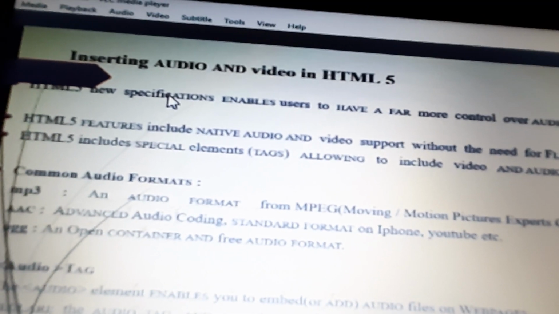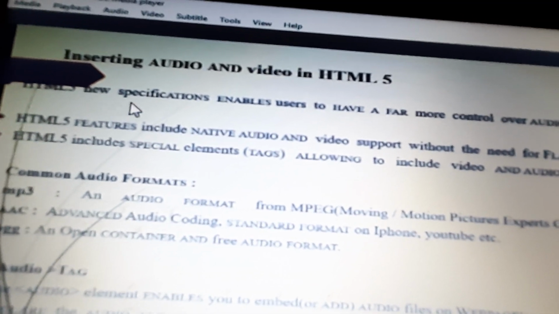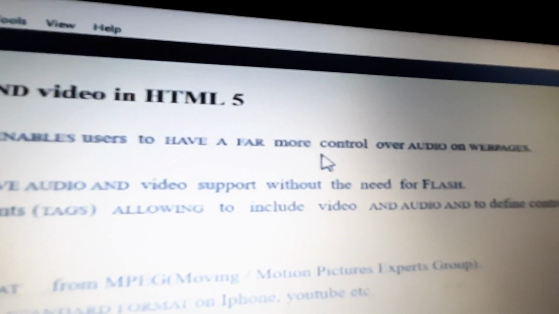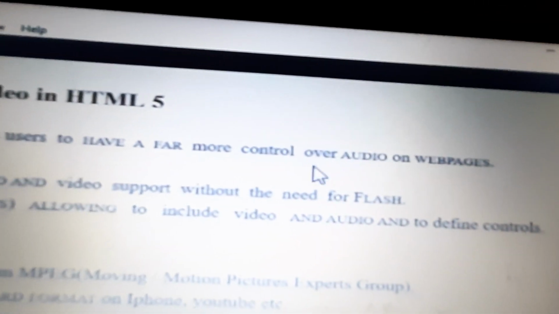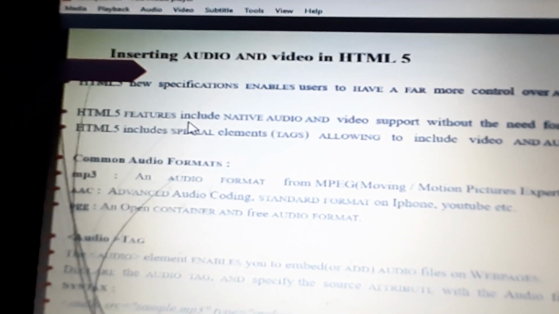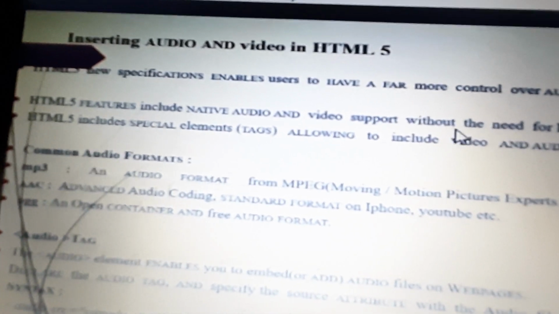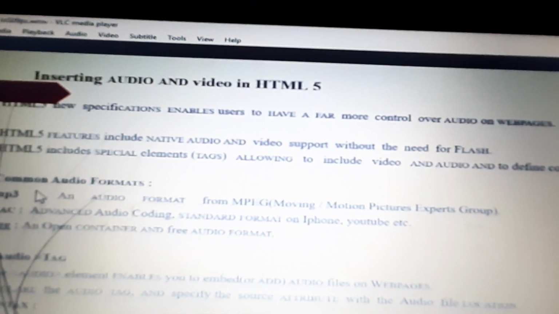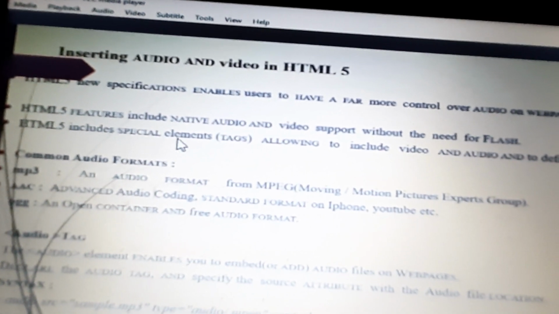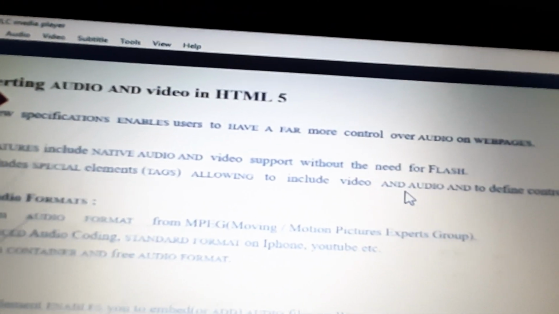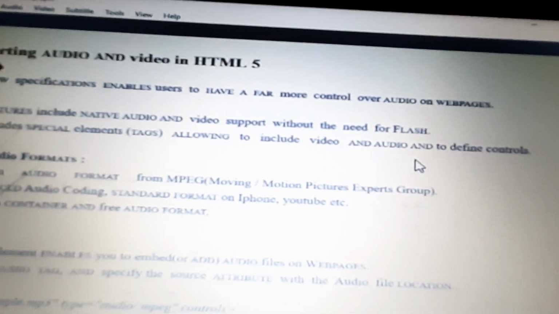HTML5 has a new specification that enables the user to have far more control over the audio on the web page. HTML5 features include native audio and video support without the need of Flash. HTML5 includes special elements or tags allowing us to include video and audio and to define controls.